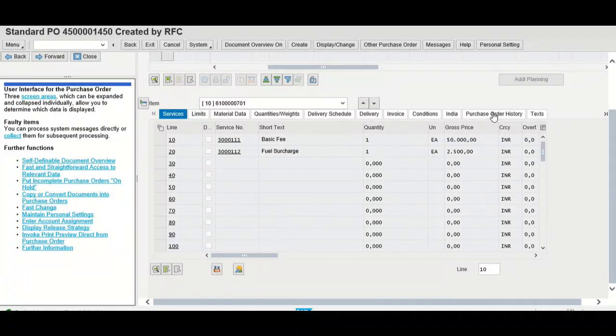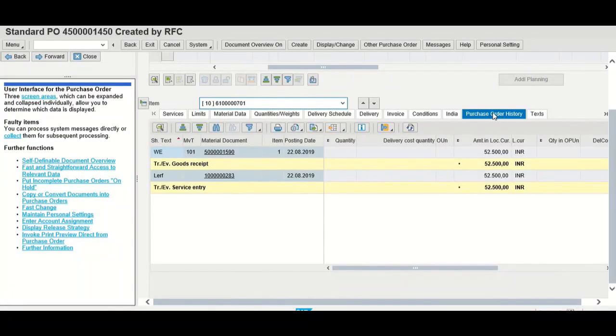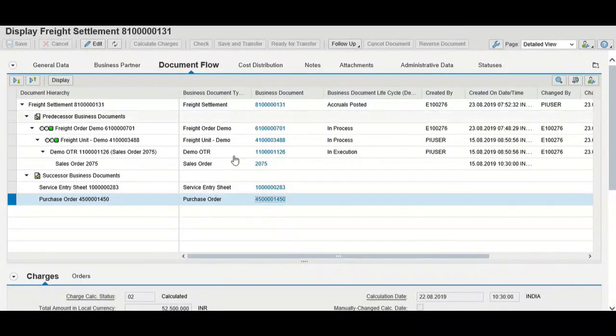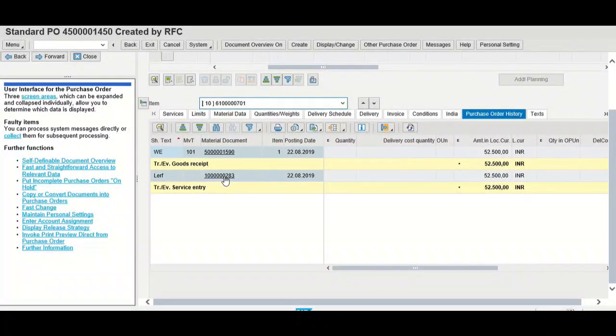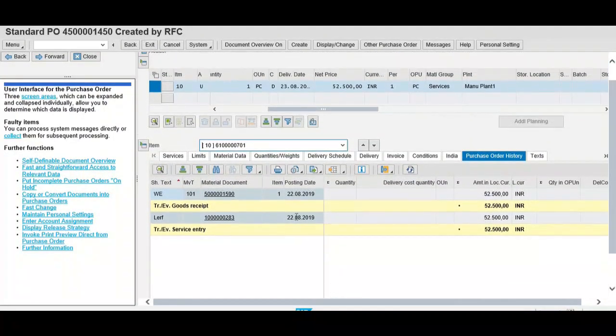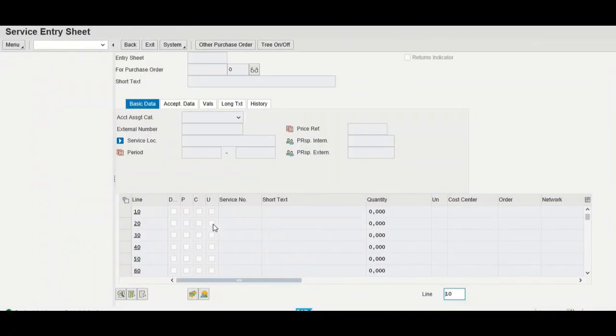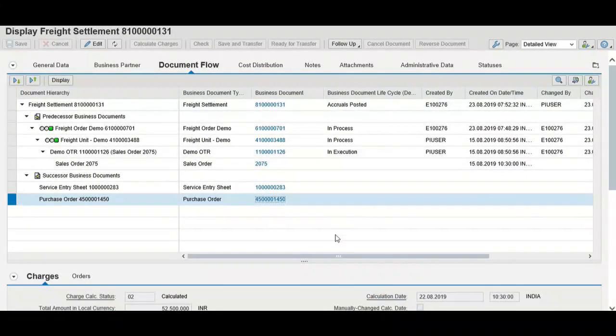Then we have the purchase order history tab. In this tab, we'll be able to see the service entry sheet number also. So if we see in the freight settlement document flow, this is the service entry sheet number 1*283. So this is the service entry sheet. We can see this service entry sheet in detail either by clicking on it, or the transaction for service entry sheet is